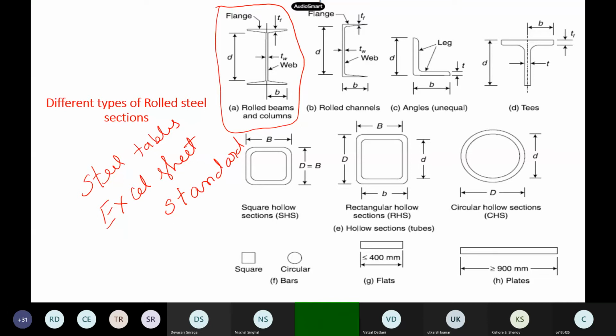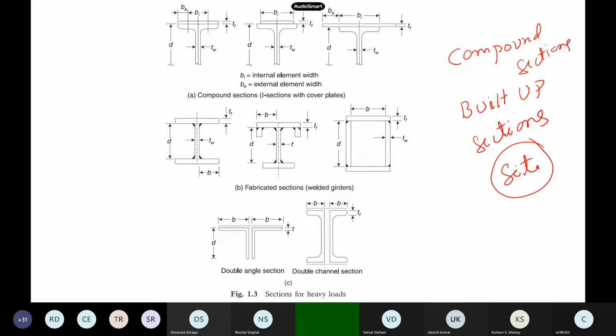See, I sections are not available. Now you have to design an I section using other things. So what will you do? Take two C sections and so on. Yes, excellent. So you can take a plate, take this one, and then put one here, and you can get your own I section. Or there are several combinations. You can take two channels, and then you can make your own I section, but you have to do the welding and all other things.